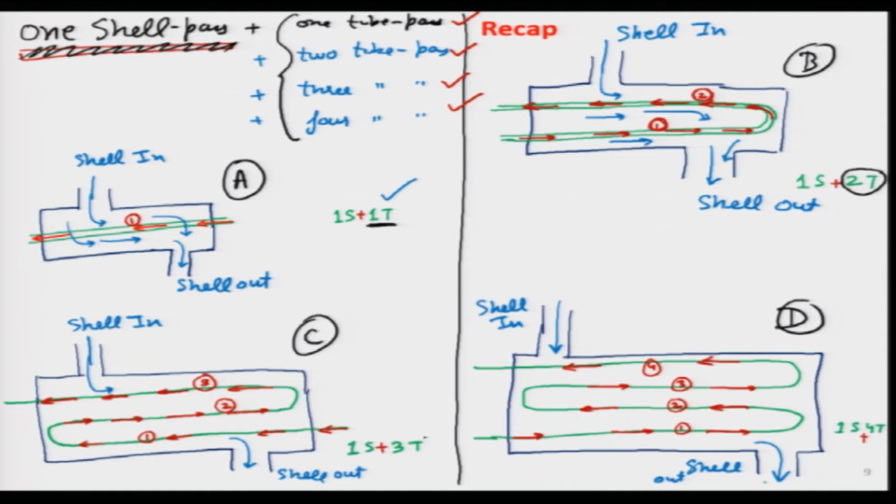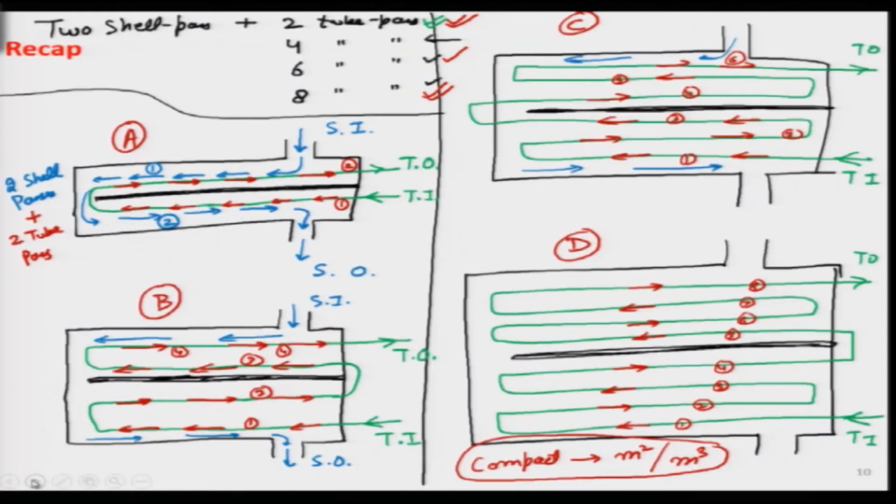Then we can also have 3 tube passes, where the fluid enters from one side of the tube, goes back, and then goes back around the third time over here. So, we have 3 tube passes, and we can keep on increasing it like shown over here. This is the 4th tube pass, so 1, 2, 3 and 4. It was a playful exercise, and we learned quite a lot from it.